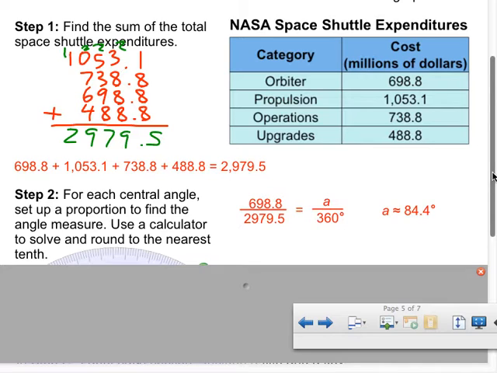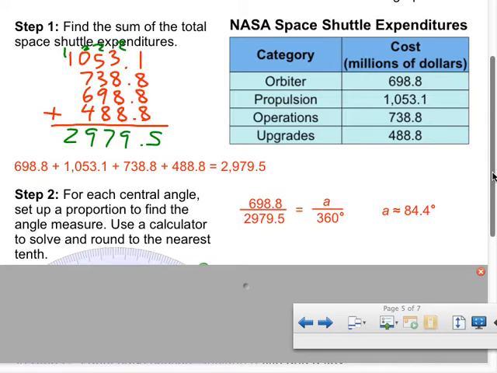So if you take the part, in this case the cost of the orbiter's portion of the budget was $698.8 million over the whole, which is what we just calculated, the entire budget, equals